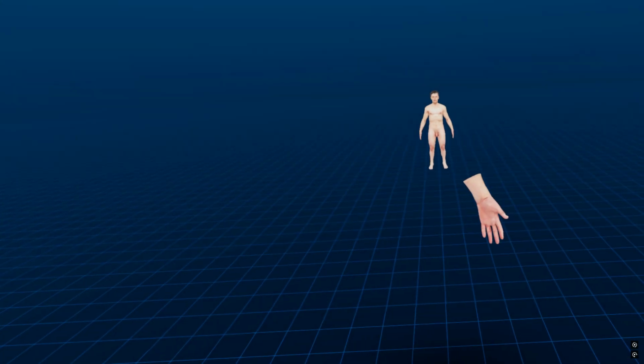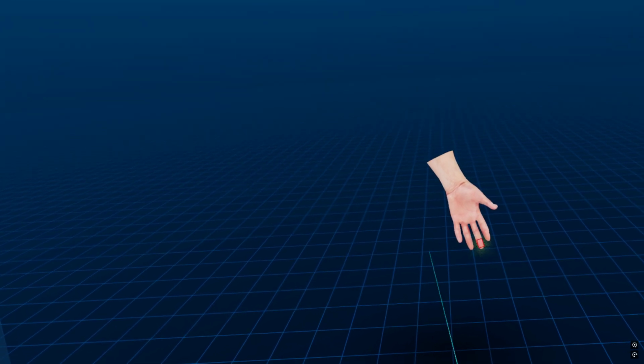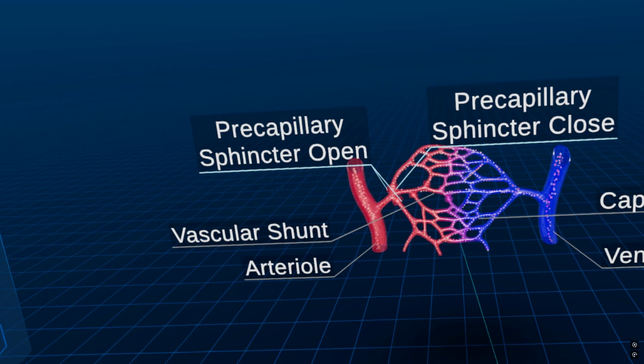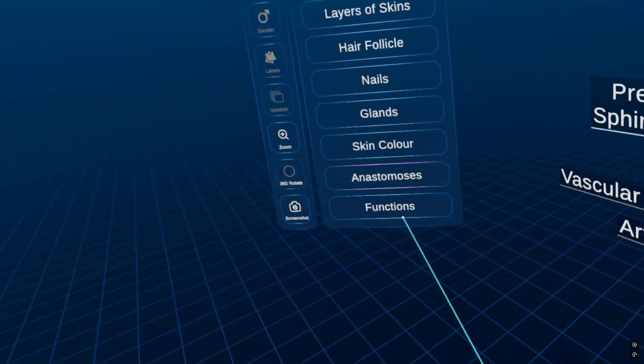Anastomoses in human skin refer to the interconnected network of blood vessels that allow blood to flow between arteries and veins without passing through capillaries. These arteriovenous and